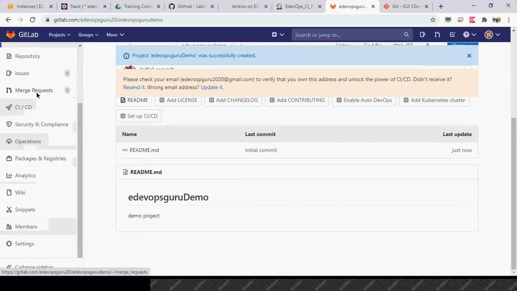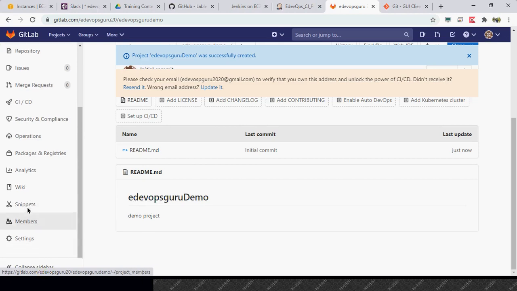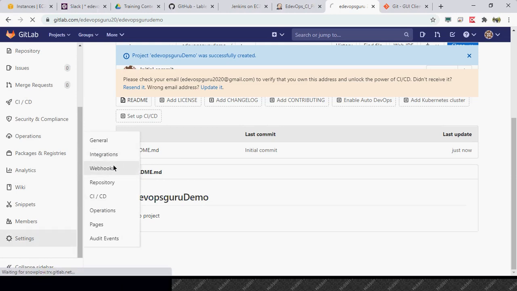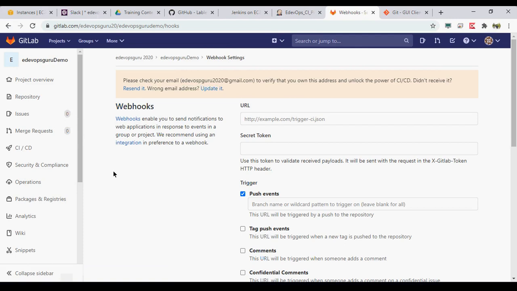Here you have multiple options. Some of the options we have already explained. One of the things still left is webhooks. So what is a webhook? A webhook basically lets you send a message to a particular URL.